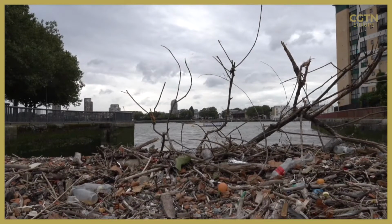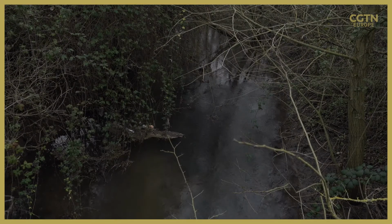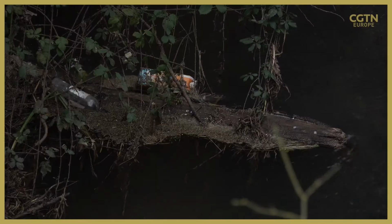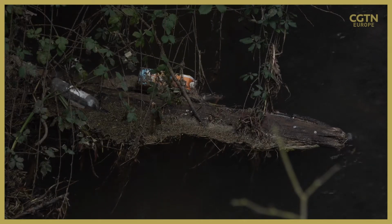Plastic waste in rivers is also widespread, allowing microplastics into the ecosystem. Road runoff and farm chemicals add to the problem, leaving just 14% of English rivers with good ecological status. Nature is a wonderful, resilient thing, but once you start attacking its fundamental components right down at the bottom end of the food chain with the microscopic life and the invertebrates that feed everything, you're on a road to complete